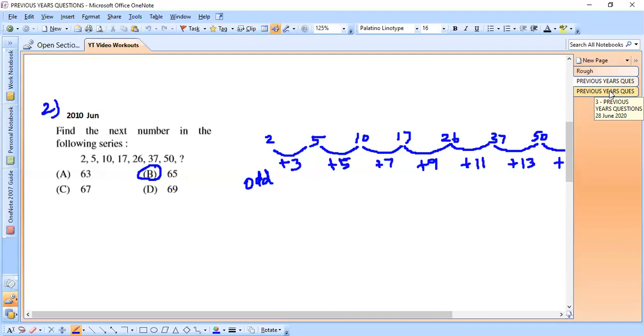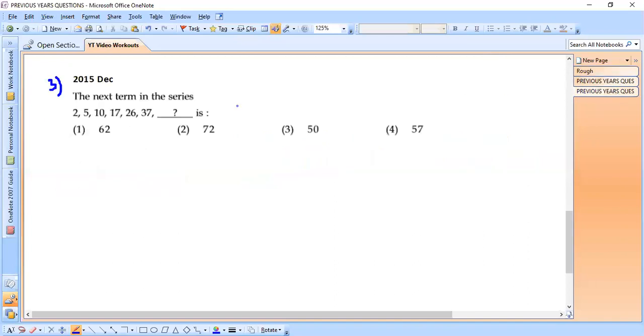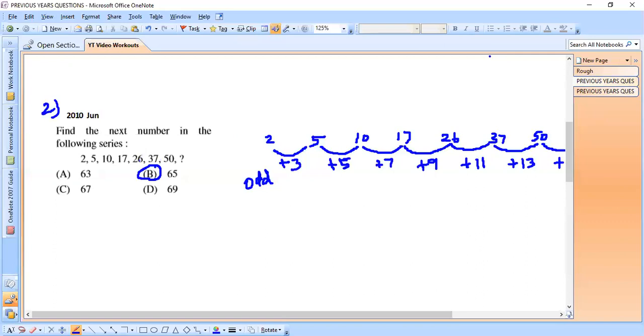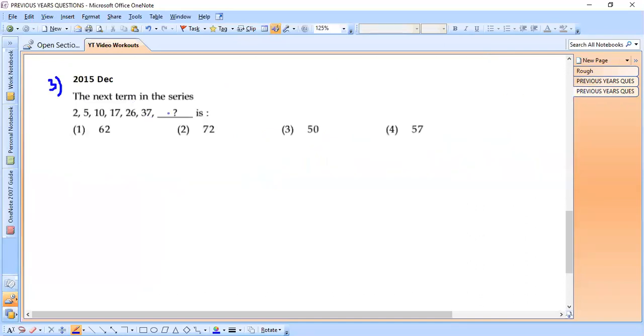Fine. Yes. So anyways, the answer to this question is 65, right? But we need to be careful with the term they asked here. See here, they're asking 2, 5, 10, 17, 26, 37. What is the next? So here itself we have the answer: 2, 5, 10, 17, 26, 37, and this 50 is made as a blank there. If you see here, our question 50 is what we need to fill here, right? So that means no doubt the answer is 50, option 3.